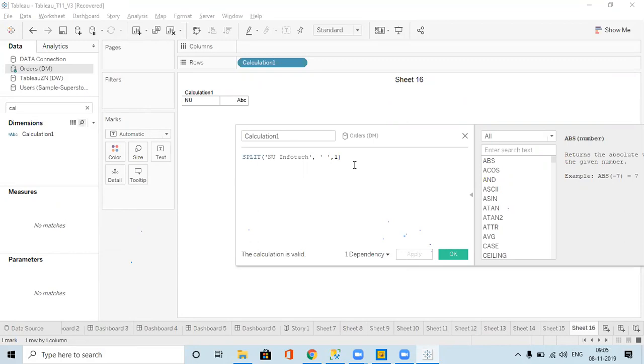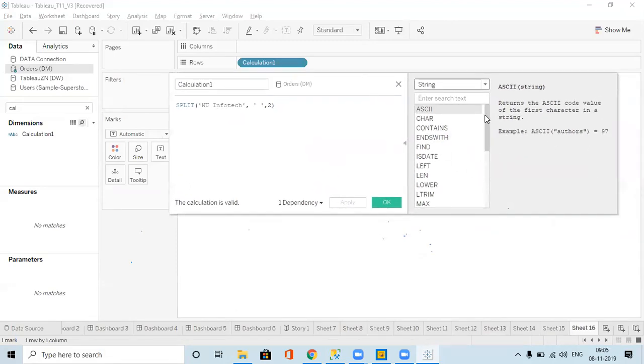If I give the first space, it will give the first part, and if I give the second one, I'll get the next part, Infotech. So based on that delimiter, we get whatever splitting can happen. Yes, you are correct, that is how it works.